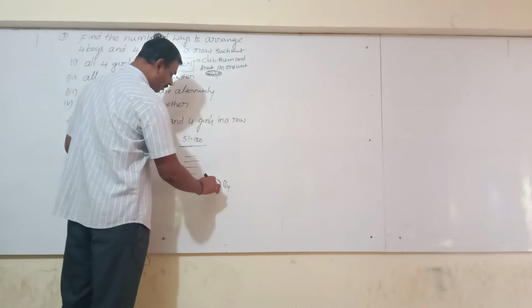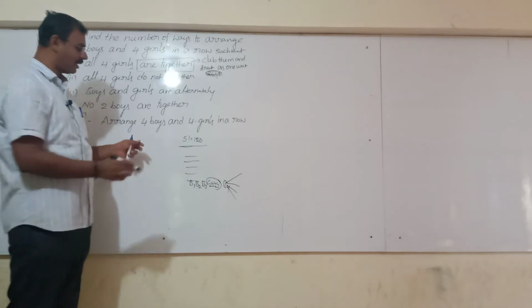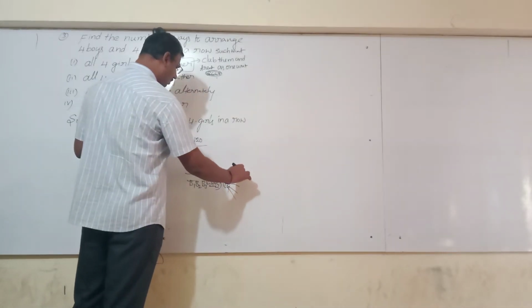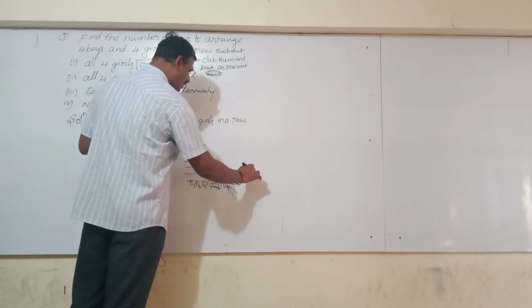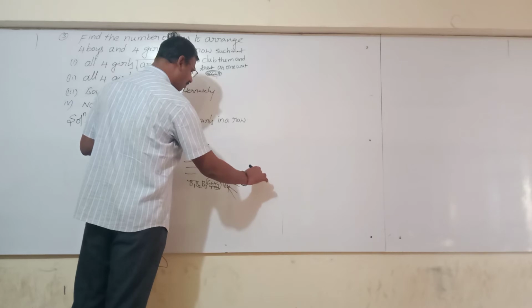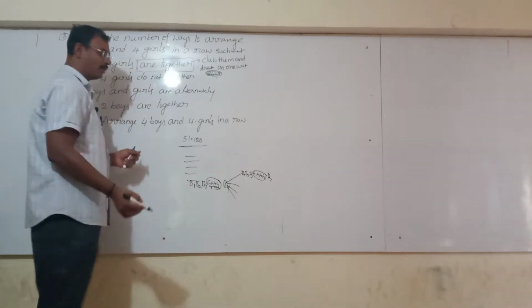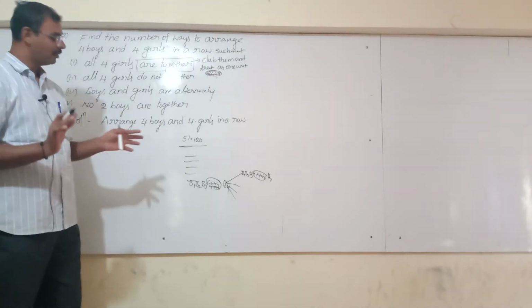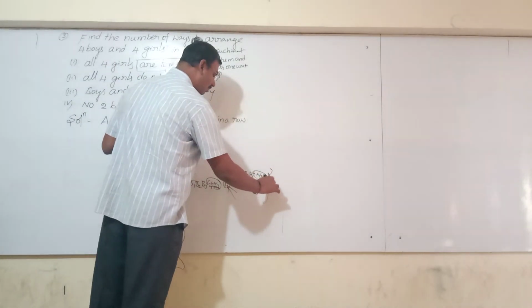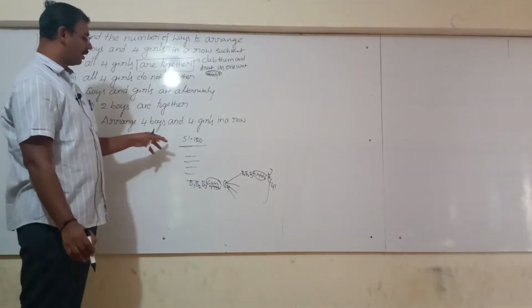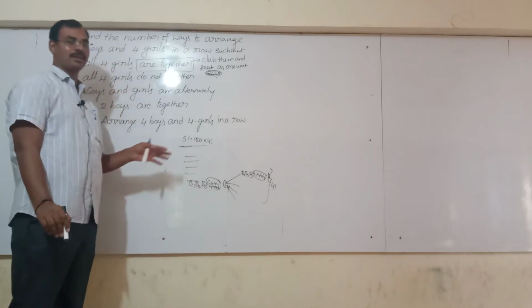And here, these 4 girls, could you arrange among themselves their positions? Could you change their positions? We can change here. How do you get this one? Boy 1, boy 2, boy 3. Here G1, G2, G3, G4. Here again G1, G3, G4, G2 and boy 4. The positions of the boys do not change. We are changing only the girls. How many ways could I arrange here? 4 factorial ways. Okay. Now by using the fundamental principle of multiplication, this can be done in 4 factorial into 5 factorial.